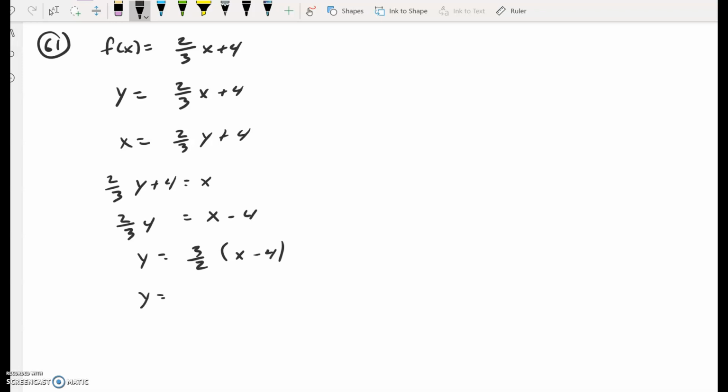I'm going to distribute because I'm aiming for the equation of a line that's pretty easy to graph. This would be minus 6. And so I now have the function's inverse written this way. The book says to graph them, and I'm going to, but I want to do that composition